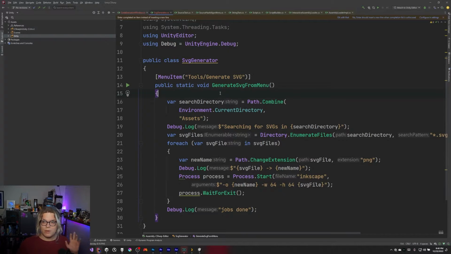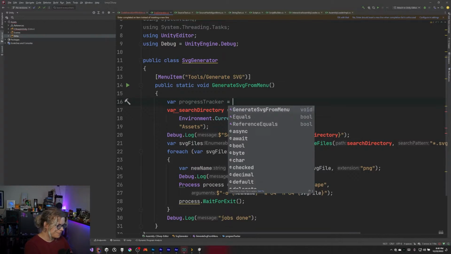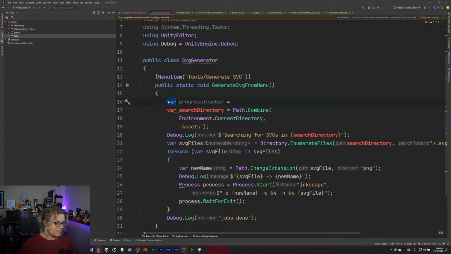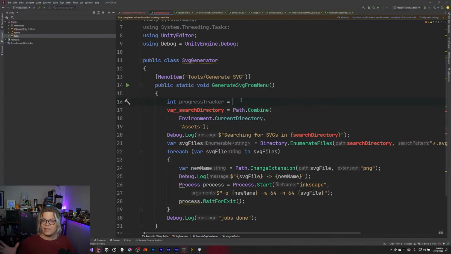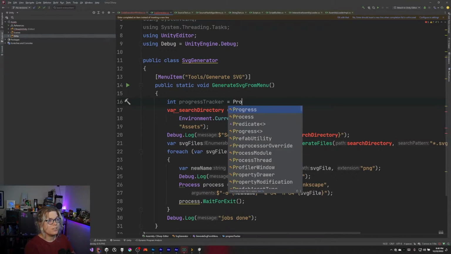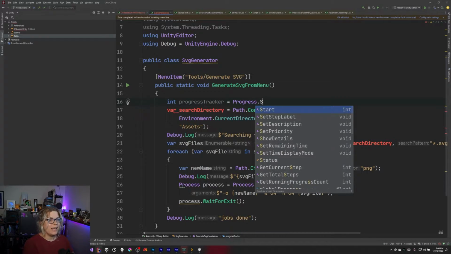Using the system is relatively straightforward. The way to do that is just create a progress tracker. And this isn't anything special. I'm using var here. This is just an int. It's just an ID to track the ID of whatever progress thing you're using. And then like a lot of Unity things, this is actually static. And you just run